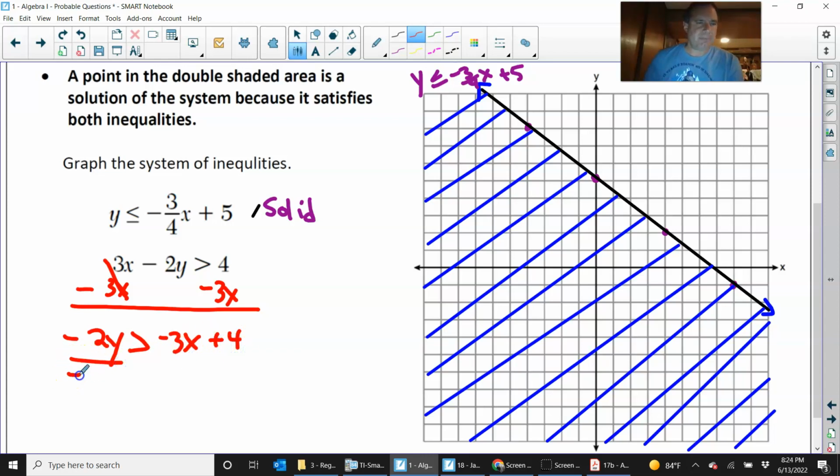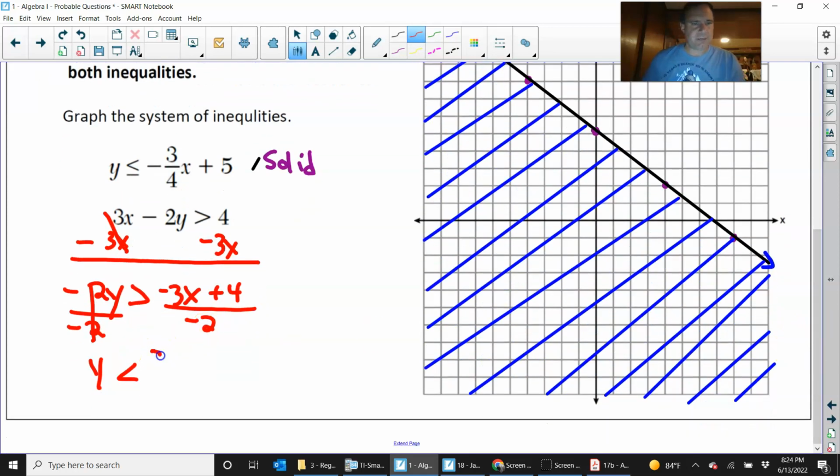Then I'm going to divide by a negative. Once I divide by a negative, I'm going to flip that inequality symbol. And negative 3 divided by negative 2 is positive 3 over positive 2, and it's x. 4 divided by negative 2 is minus 2. This is what I have to graph